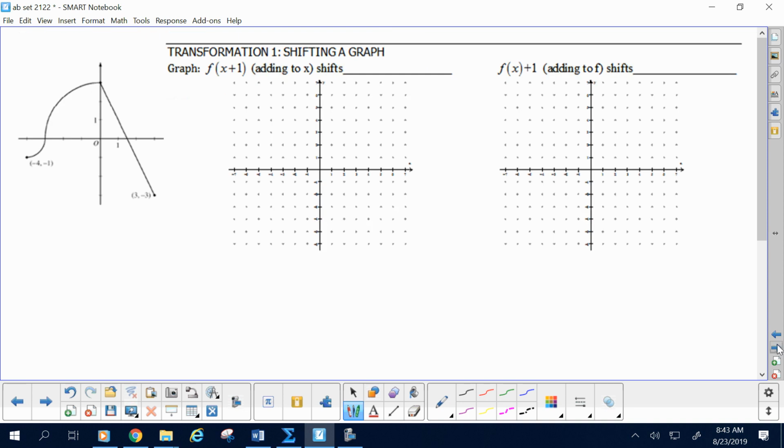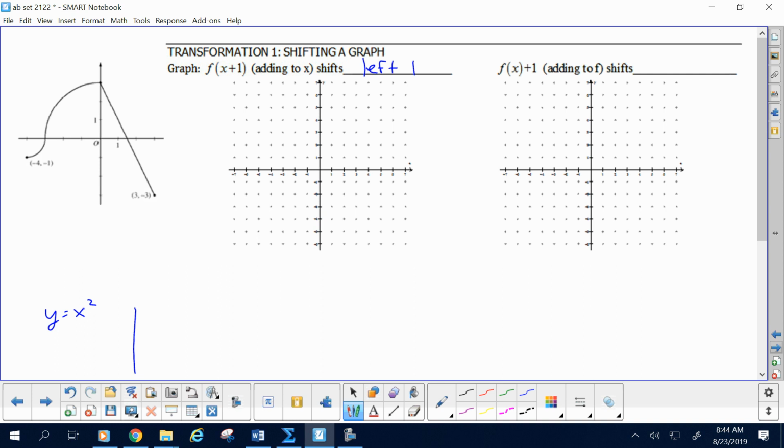Okay. Now let's talk transforming a graph. When you add to x, it is logical that you're going to change x, and therefore change the graph in a horizontal fashion or vertical fashion? Horizontal. You change x, so you're going to change the horizontal. Shifting, how does it work? Does that mean it's right one or left one? Left one. That to me always tripped me up. That's totally counterintuitive. I think you'll agree, yeah? And yet,